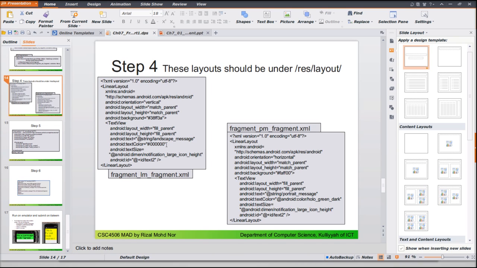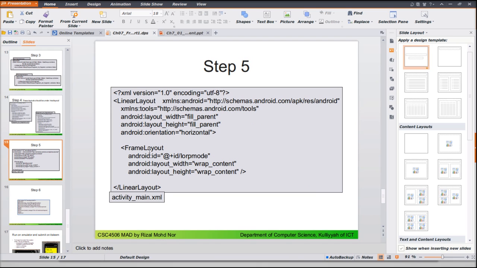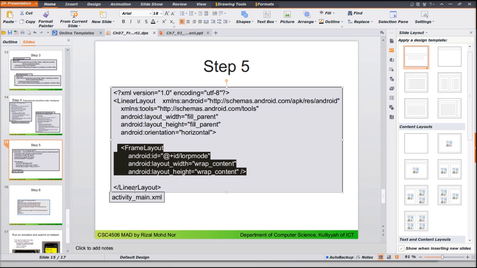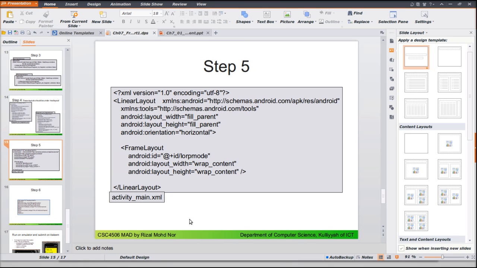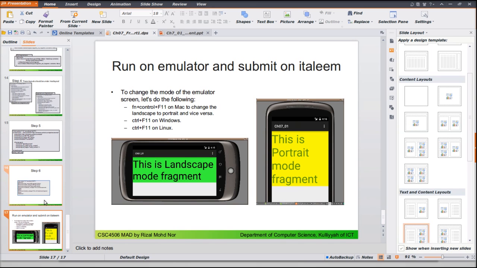Alright, so once you define these two fragments, then you know which layout you should be using for portrait mode or landscape mode. Now, as we covered earlier, the main activity main.xml has one frame layout, which will act as a placeholder for the kind of fragment that you want to load. Okay, so when you run on the emulator, basically